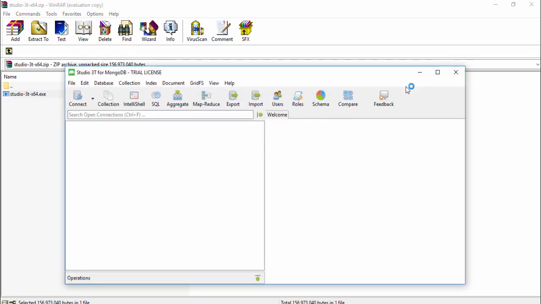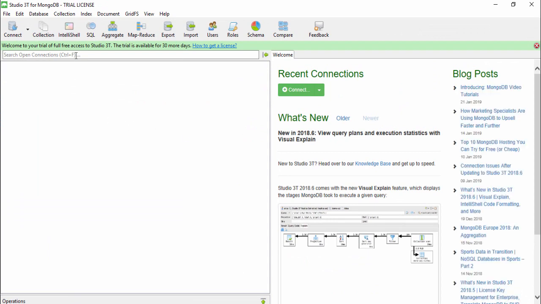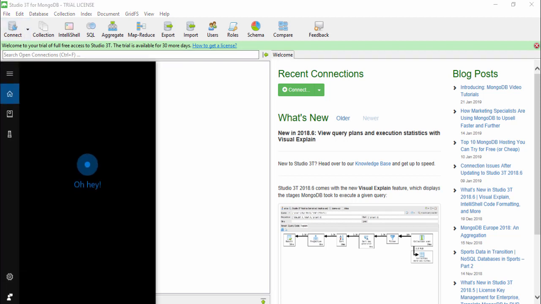This is the interface of the MongoDB GUI. So I'm going to connect that with MongoDB, but before connecting you need to run the